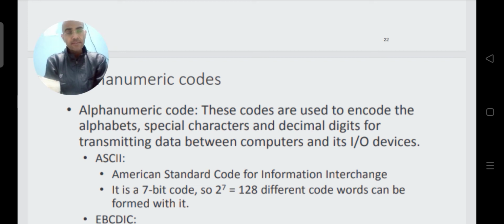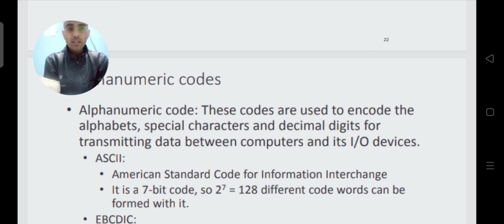It has alphabets as well as numerals, and these codes are used to communicate between the input output devices of your computer. What are your input output devices? Like your keyboard, mouse or printer. If you want to communicate between the computer and these peripherals, then you have to encode the incoming bits.